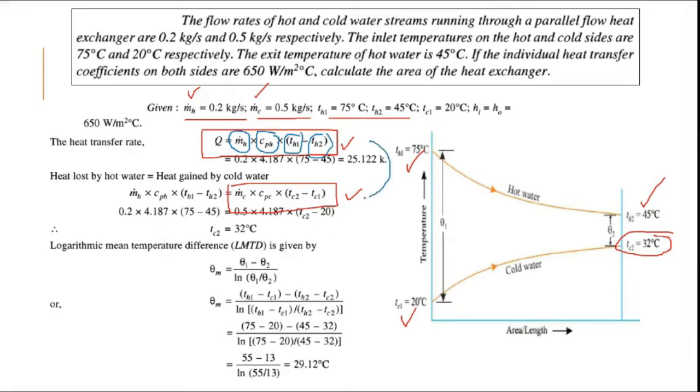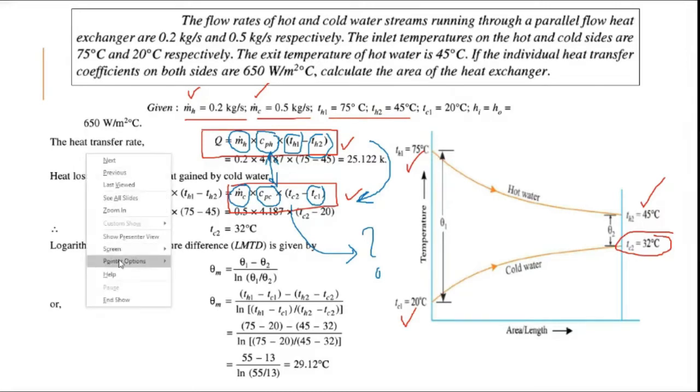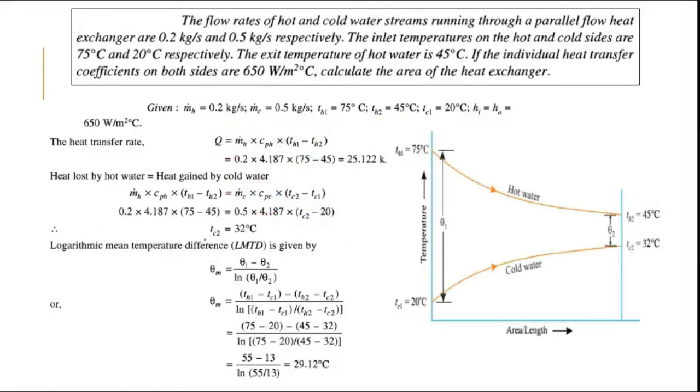We are going to equate this heat transfer with this equation. In this one, mass flow rate of the cold water is known. The fluid is water, so again Cpc and Cph values will be the same and both will be 4.187. Inlet temperature for the cold water is known, but this TC2 value is not known. This we have to determine. When we equate these two, the outlet temperature of the cold water is the only unknown. So can we find out the outlet temperature? Yes, sir. Okay. Using this relation, we have calculated the outlet temperature, and it is 32 degrees Celsius.